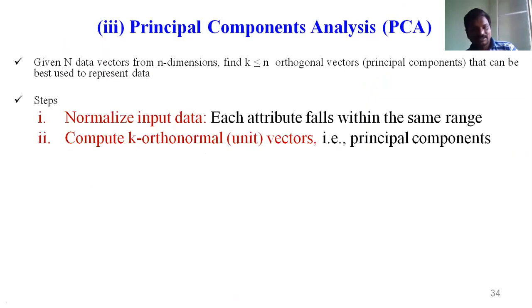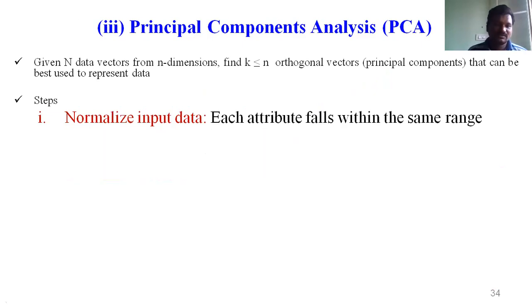Now the different steps for principal component analysis. First, you have to normalize the input data. For example, given data such as age 24, 34, 54, the age may be 0 to 100.